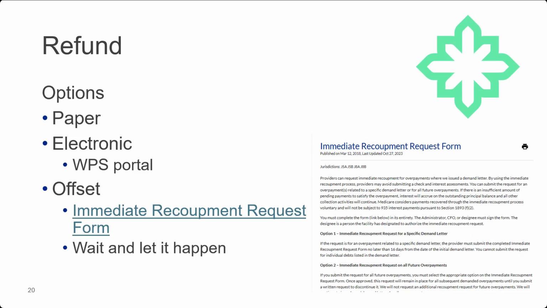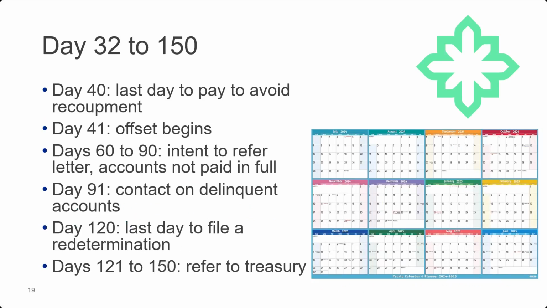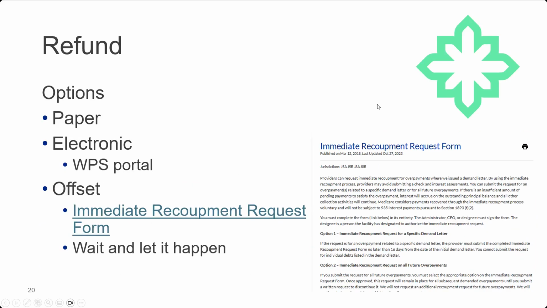Okay, so once we get through all of these, what happens next? Well, of course, you can refund us. Now, a refund can be done in paper or it can be done electronically in the WPS portal. Again, this can also be done in paper for an immediate offset request, which will begin on day 15, and hopefully we'll have you paid back before day 30 when you actually do owe us, when interest will begin to occur, and hopefully it's paid back within the time frame so that you do have it paid back before we would refer to the other entities for legal actions.